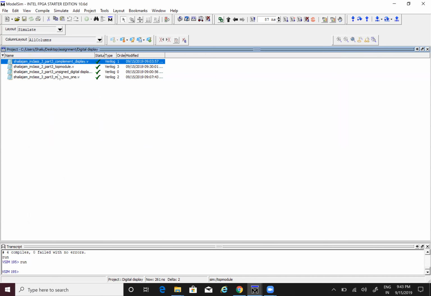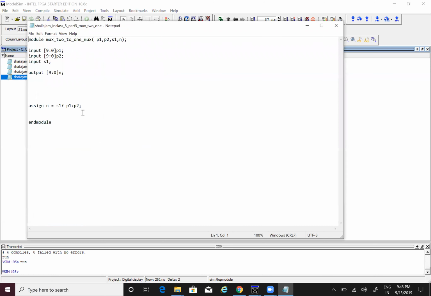Then after that, there is a mux. Here, the 2 outputs of the first 2 stages will come as inputs to the 2 by 1 mux. So for this, I have given one more signal called the selection signal. As per the selection signal, the mux will perform. It will select P1, P2 as per the input of the selection signal,